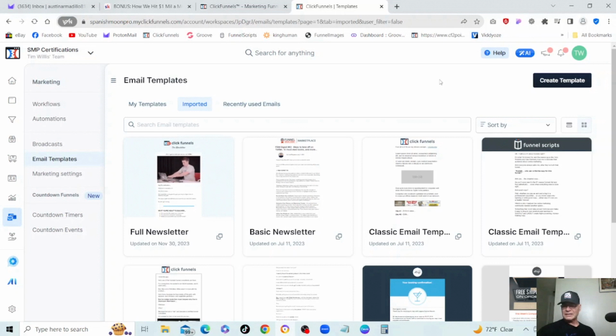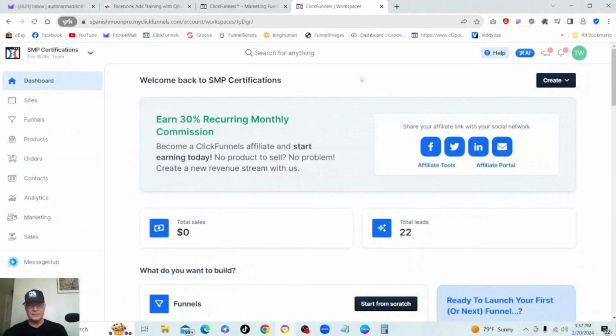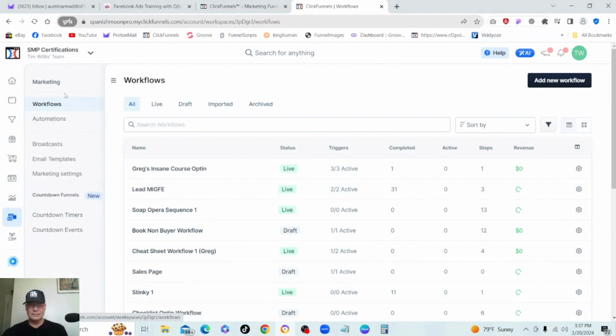And so with that, let's go ahead and take a look at our email templates and how we access them in ClickFunnels 2.0. This is Tim Willis, and we're here at ClickFunnels 2.0 at the dashboard. And we want to start off by going to the marketing section on the left hand toolbar, and then we want to go down to where it says email templates,